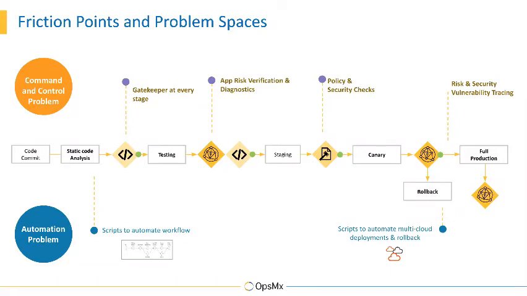And you may have heard me say this before, we're really at OpsMX trying to change the paradigm, right? We don't want you to stop your pipelines to go look for problems. In a lot of cases, that's what you're forced to do. I need to stop my pipeline and make sure it adheres to policy, or I need to stop my pipeline and review logs and metrics to make sure there isn't any anomalous behavior. Our attitude is we want to add automation to all that so that we're only stopping the pipeline when we find a problem, then going off and solving it, not stopping and looking for a problem. And in a lot of cases I won't find one, so I've stopped for no reason. That would obviously be in contradiction to my velocity tenet.